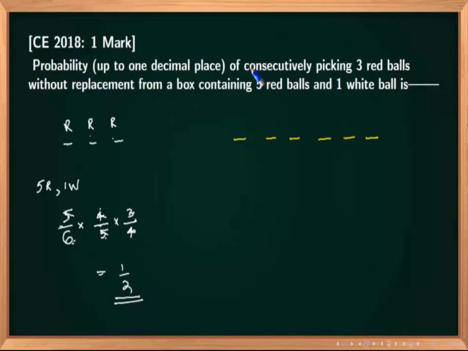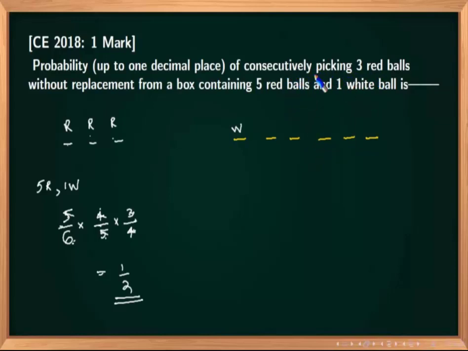Now, in the question it is not given that you have to ensure that you will be getting 3 reds in the first 3 pickings. You have 6 balls, and if you don't have a restriction on the number of pickings, you can pick all the balls one by one. So I can have 6 different pickings because I have 6 different balls. Now if I pick the white in the first chance, I'll definitely have 5 reds in a row, which means the 3 consecutive red balls, the condition which I required,